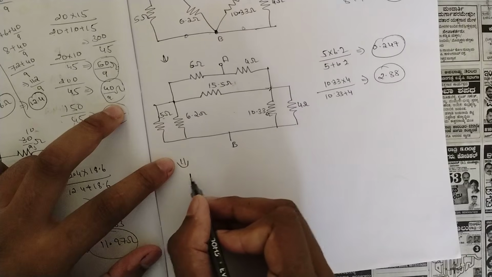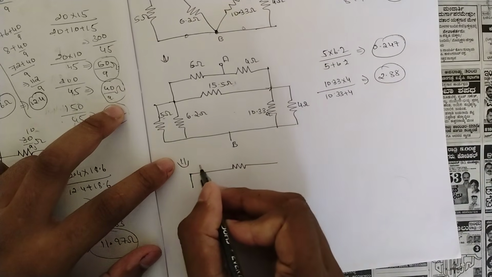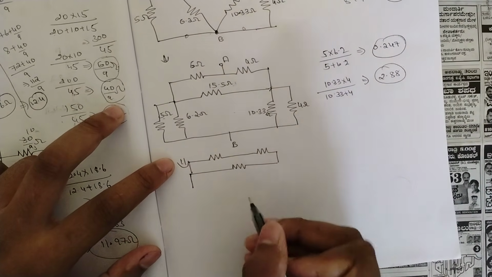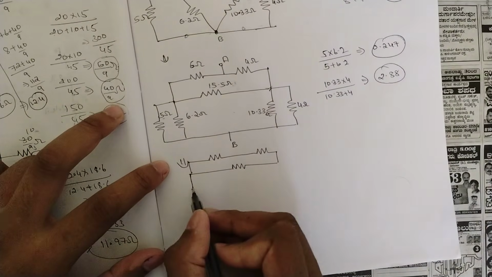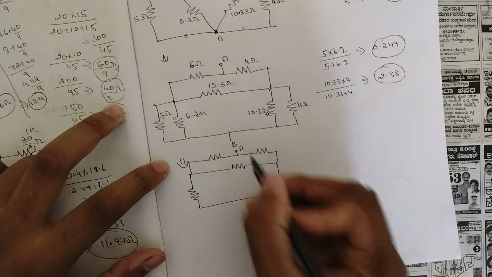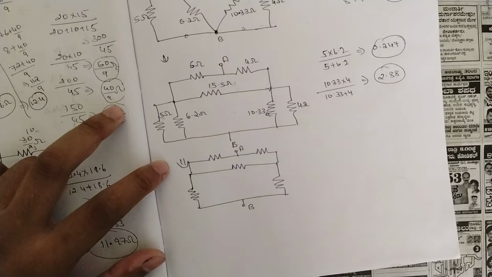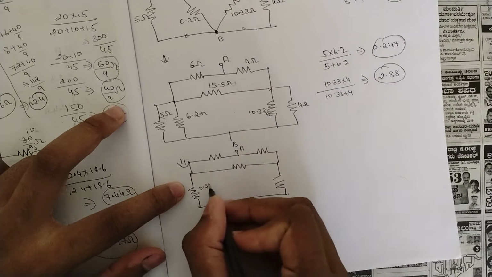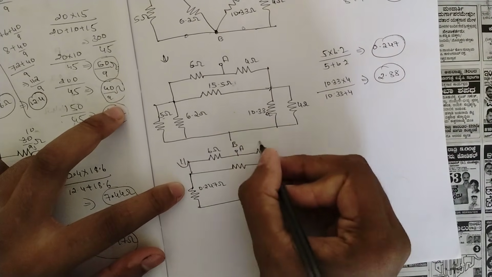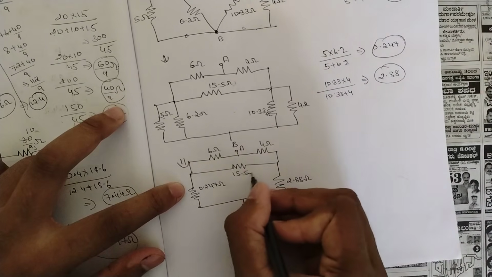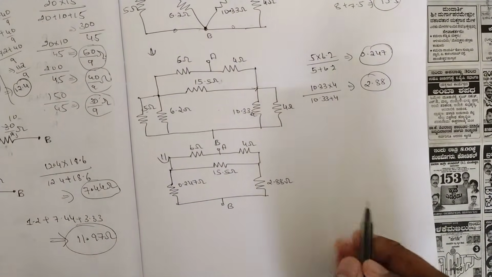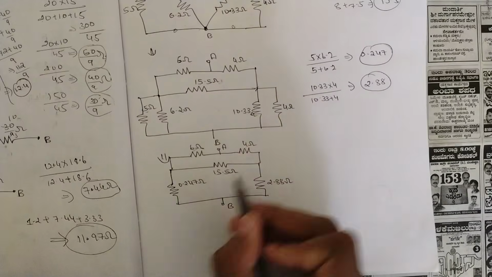So this 15.5, 6 ohm, 4 ohm, I'll keep it as it is. Here we would be having a single resistance. This is A, B. So here the value is 0.247 ohms. So here we have 2.88 ohms, 6 ohms, 4 ohms, 15.5. So I've written. Now what we should be doing is, this connection, if you observe carefully, this is here in